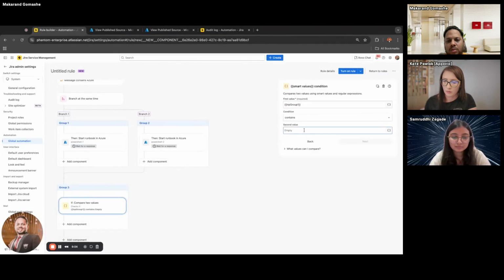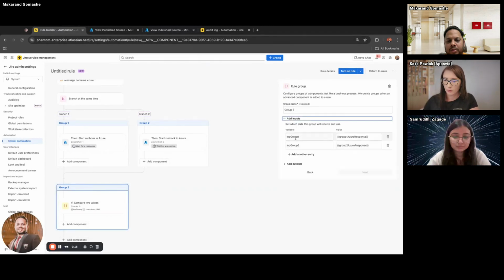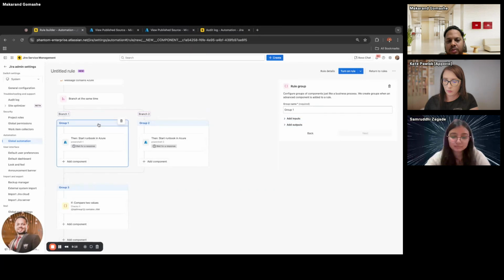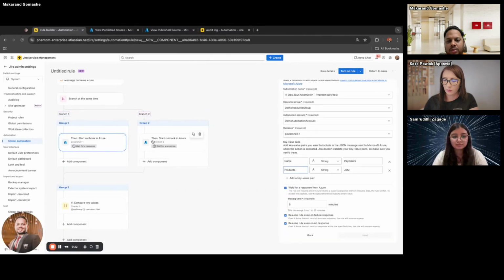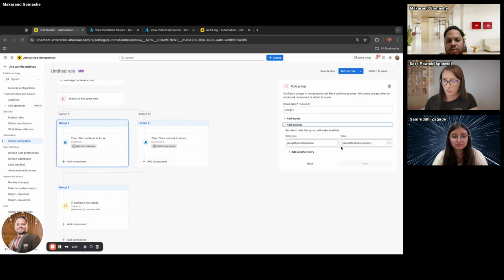This could be literally anything based on the script that you have run. But in this case, for the ease of the demo, I have just kept it simple. So I'll say input from group 1, which was my input variable specified here, which is essentially nothing but the output generated from the Azure output, which is being specified as part of the output from the group here, right? So group 1 Azure response,